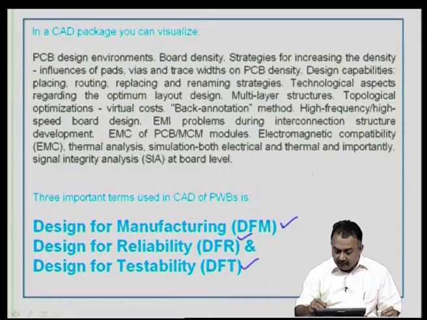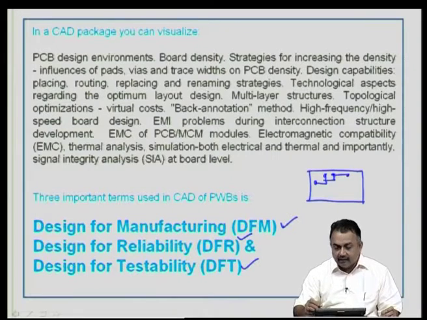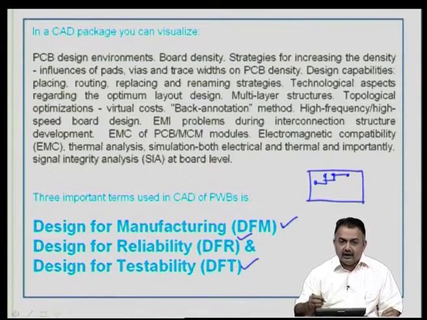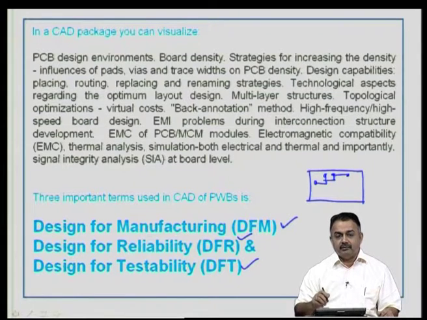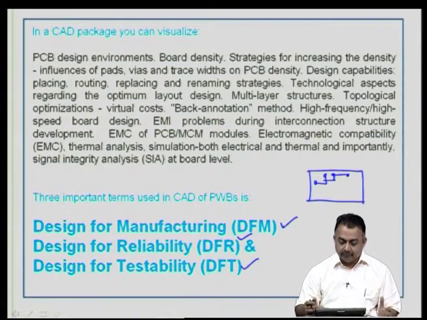Now, if you look at a printed wiring board that you have designed, it is going to be manufactured by somebody whom you really don't know, and then it ends up as a very bad manufactured product. Now, if you analyze the design, you have made some errors in the design, and that has got reflected in the manufacturing. The manufacturer did not tell you why he is not able to do certain features, because he has got limitations in the technologies that he has. Therefore, it is a DFM problem.